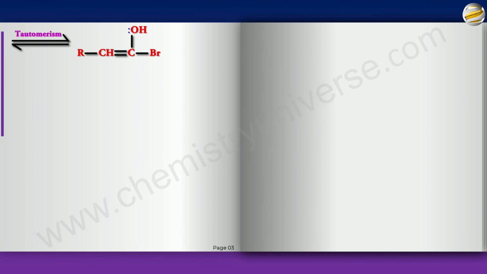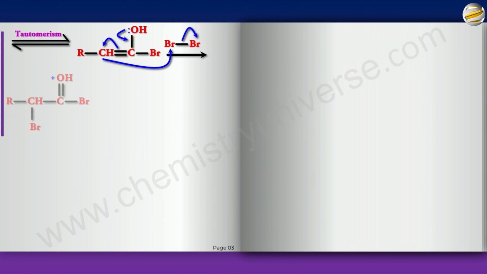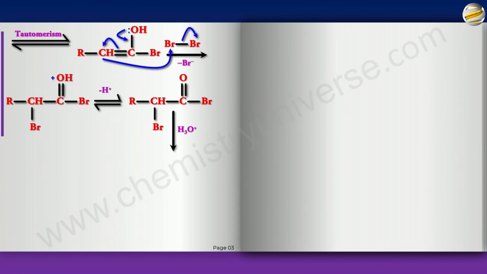Now what happens is you have one more molecule of bromine coming up. Now obviously the moment you have an enol form, the lone pair comes up, the alpha carbon becomes nucleophilic, attacks bromine, Br minus leaves, and you're going to get this. Removes an H plus, and you get this. And now you do hydrolysis. We know it's an acid derivative. Do hydrolysis. Obviously, nothing will happen to the alpha Br. Only thing is the COBr will become COOH. And that would be the HVZ reaction.